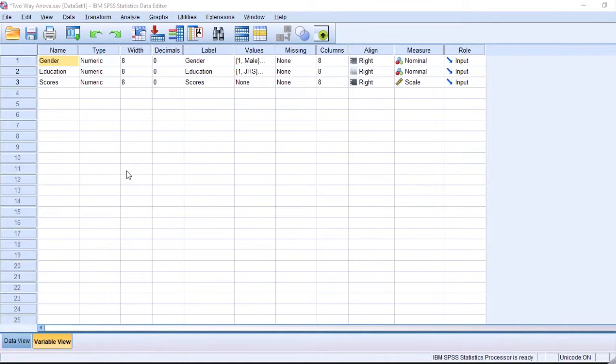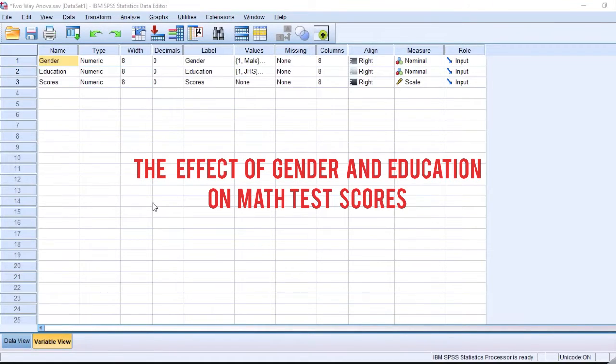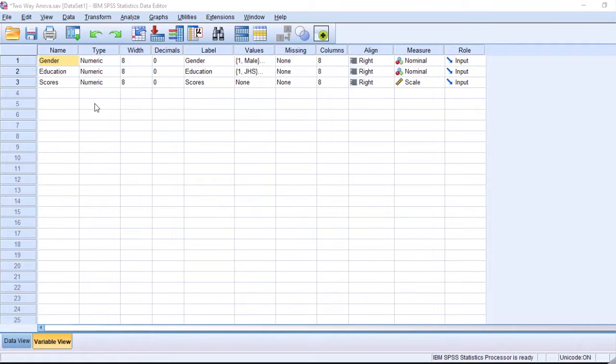We're in SPSS now, and the test example I did is the effect of gender and education on math test scores. So this is the variable view.